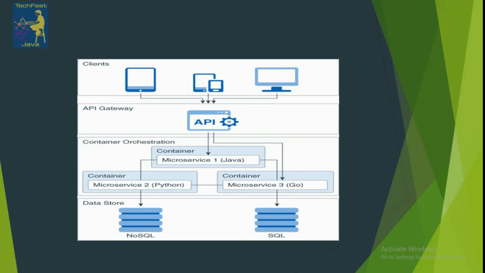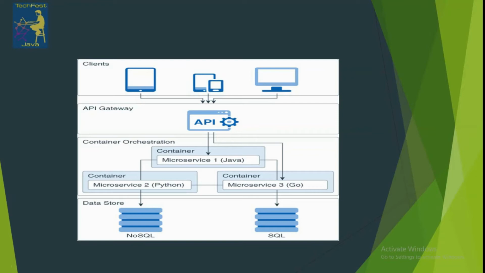We can access the e-commerce website from a desktop, from mobile, from a tab or any other devices. For that particular website there is only one entry point, one URL, by which we are able to access it.